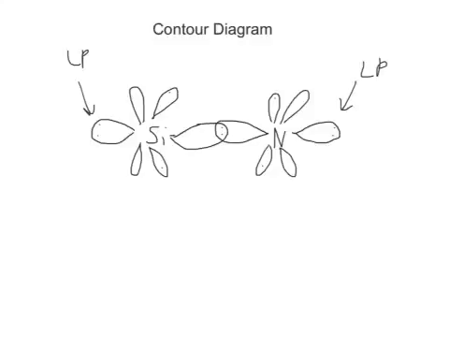And what's happening here is that we're going to have attraction between these 2 p orbitals right here, and this is a pi bond,